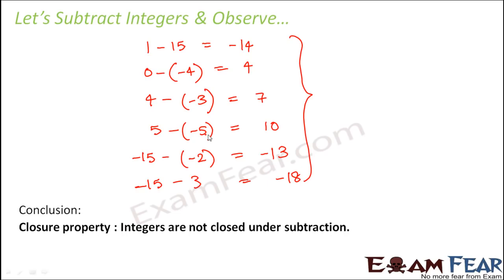So whatever is written on the screen is definitely not correct. So integers are also closed under subtraction. So these are different from whole numbers. Now when you had learned about the same property for whole numbers, you had seen that whole numbers were not closed under subtraction. But integers, they are closed under subtraction. So if you have any two integers a and b, a minus b will always be an integer.